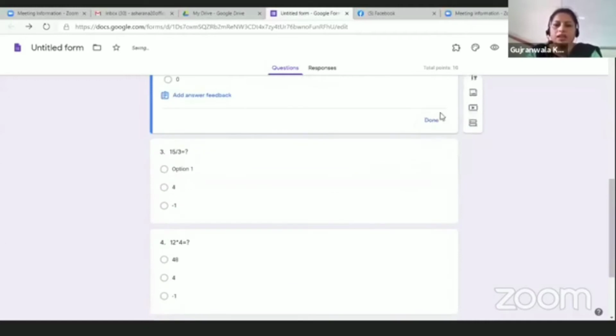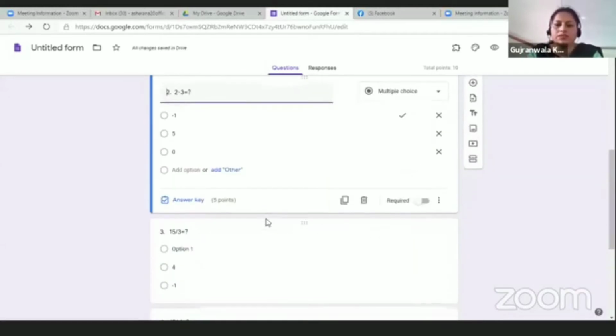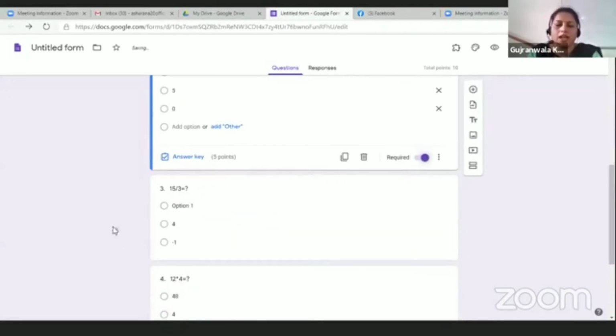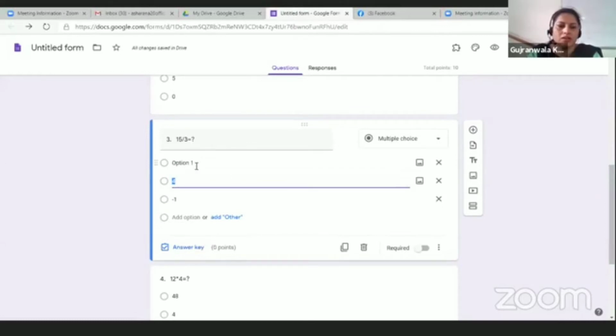Google quizzes will be discussed in detail by Dr. Vishal ji. He'll be discussing it. And here I want to change the option actually. 5, and this is the answer key.